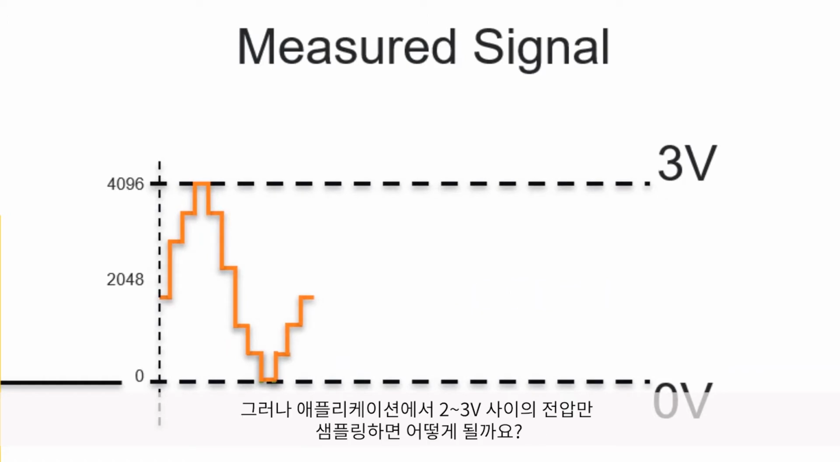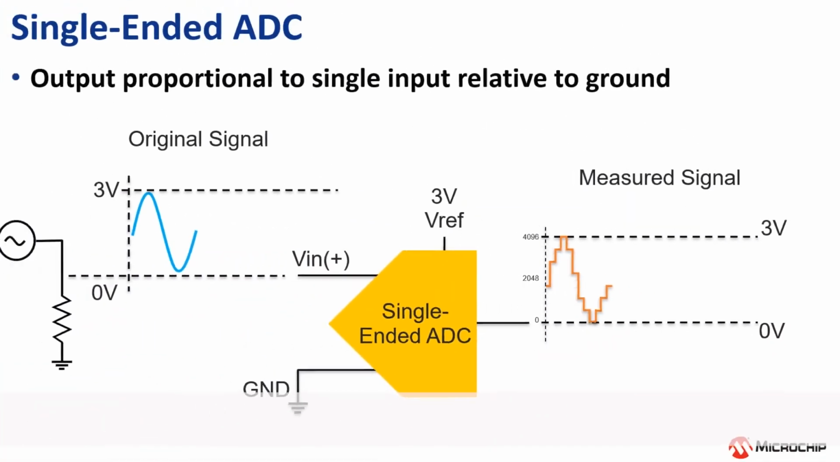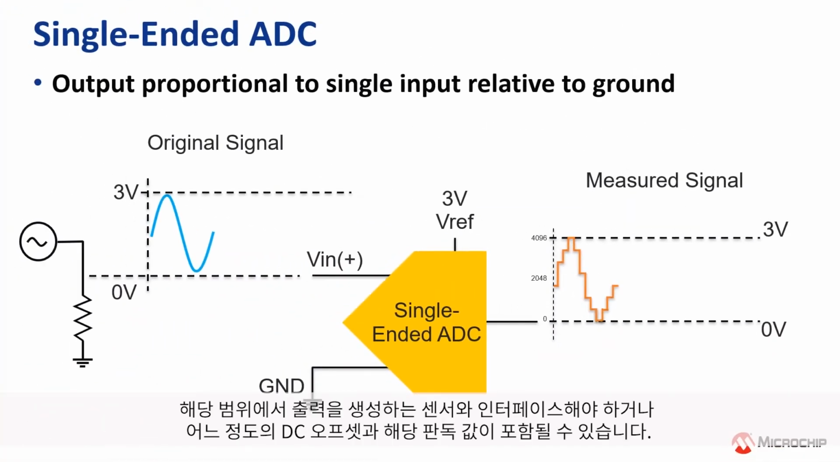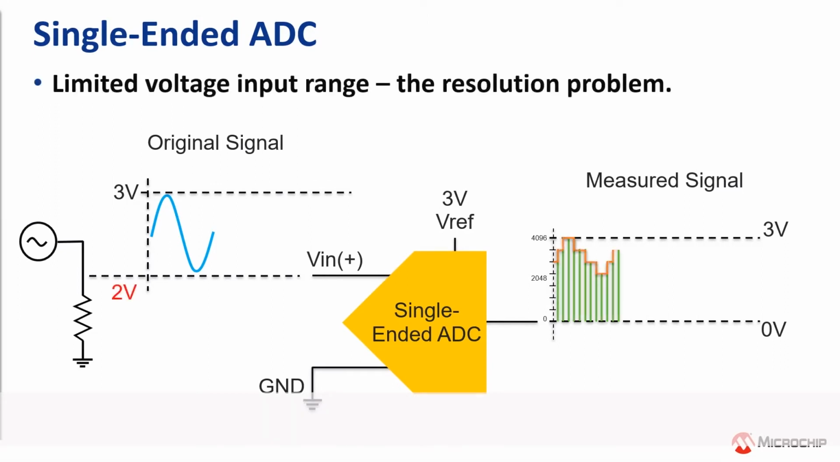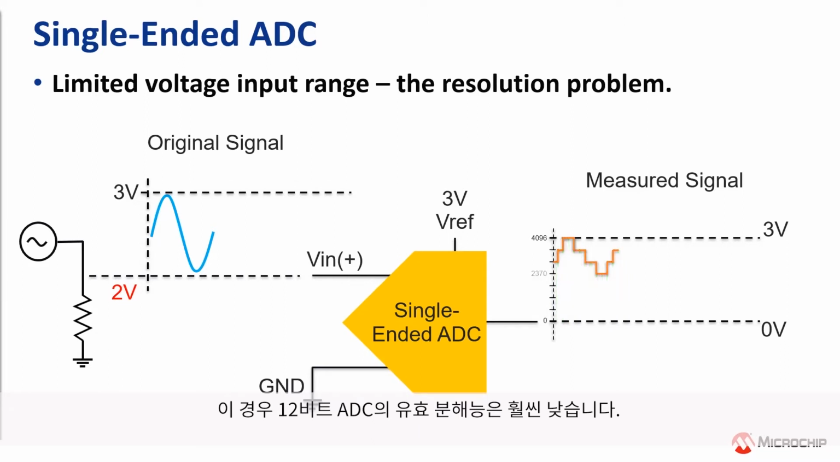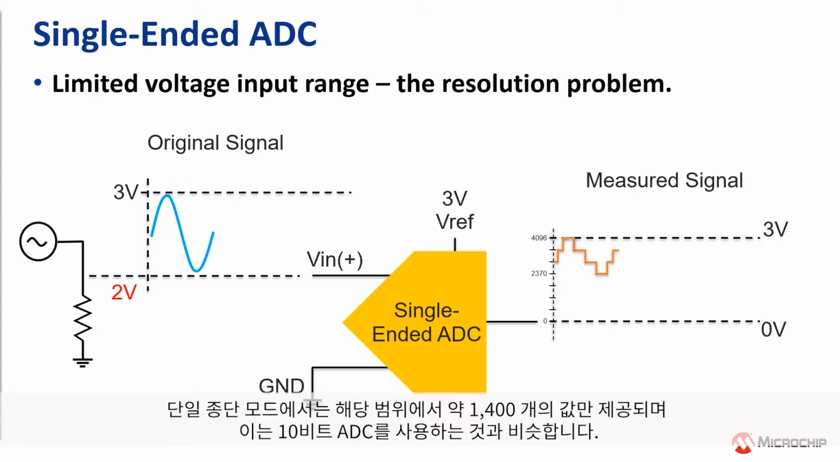However, what happens if our application only requires us to sample voltages between 2 to 3 volts? Perhaps we need to interface with a sensor that produces an output in that range, or maybe it includes some degree of DC offset in its reading. In this case, the effective resolution of our 12-bit ADC will be much lower. In single-ended mode, we are only afforded roughly 1400 values over that range, which would be more like using a